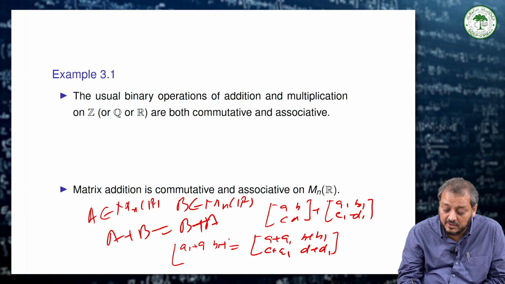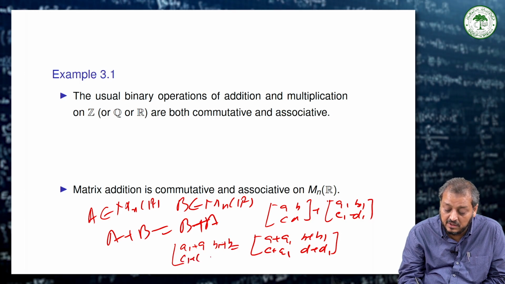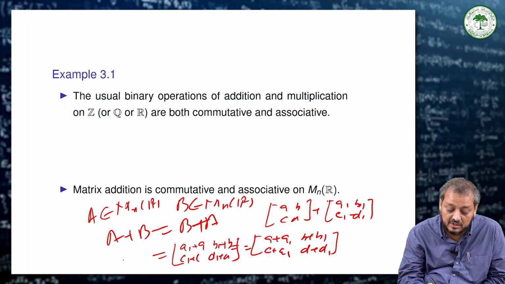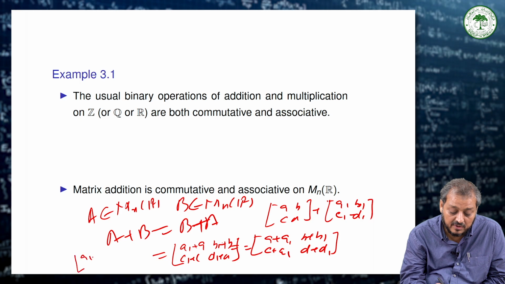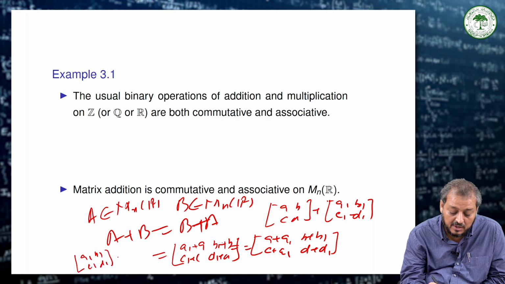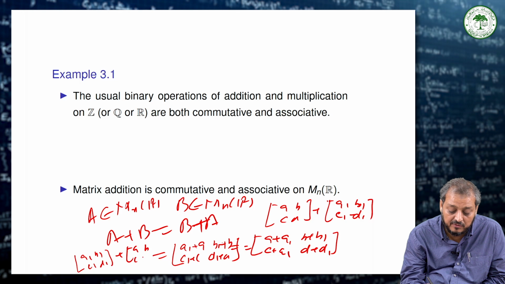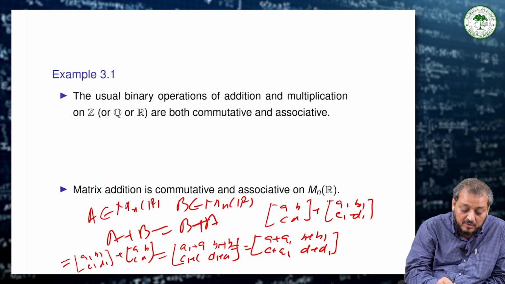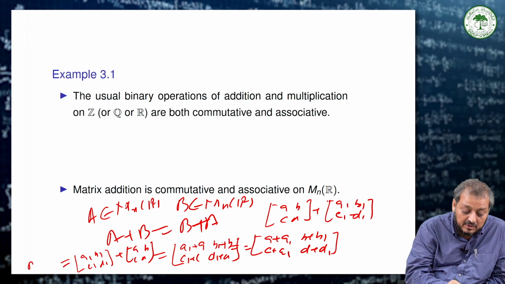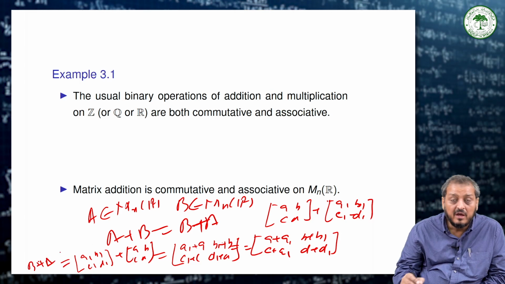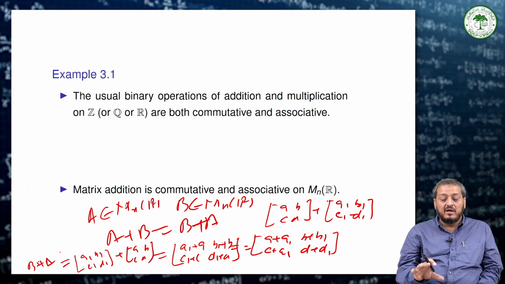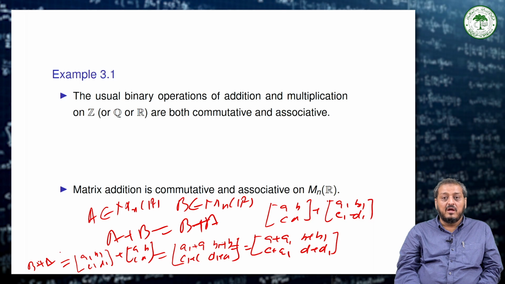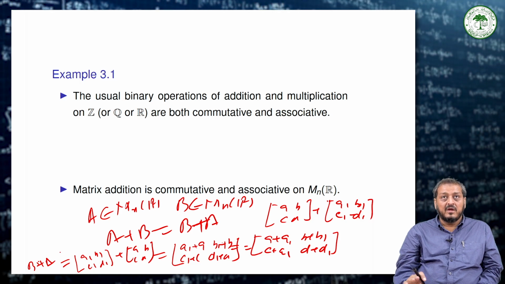This can be written as A1 plus A, B1 plus B, C1 plus C and D1 plus D, and this can be further written as the matrix A1, B1, C1, D1 plus the matrix A, B, C, D, which is clearly B plus A. Similarly, we can easily show that it satisfies associativity also. So matrix addition